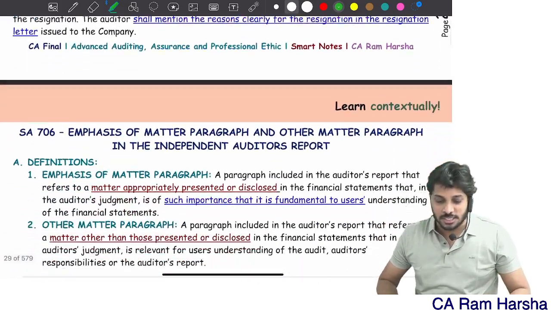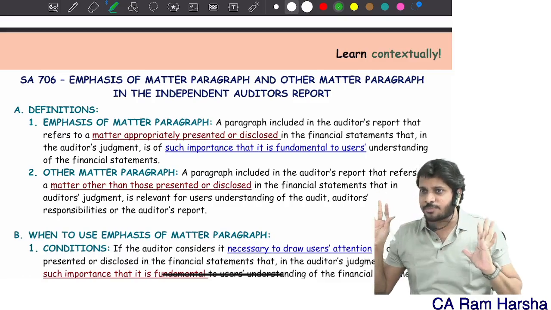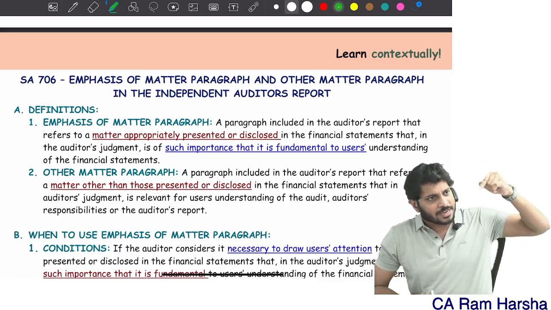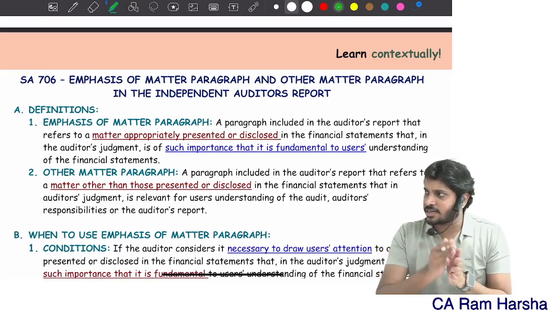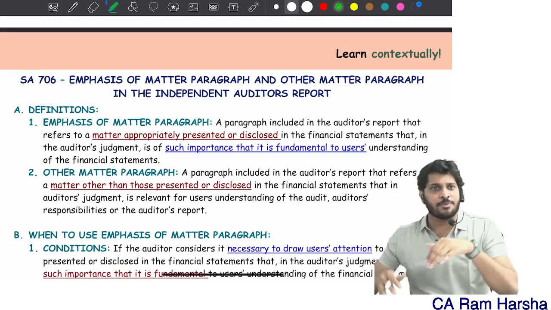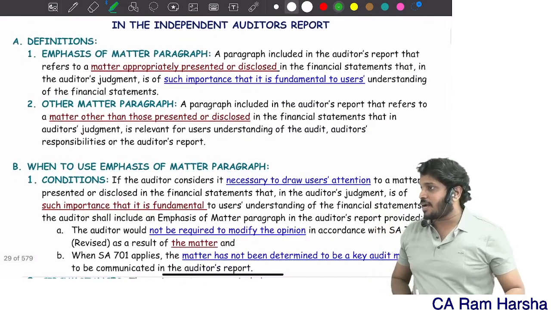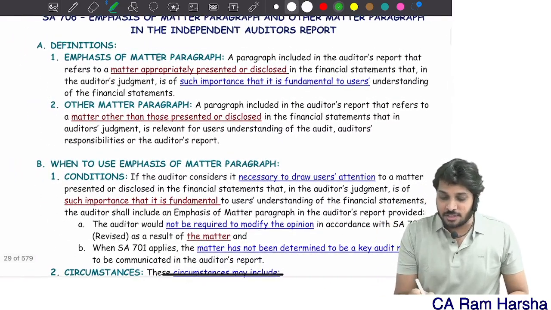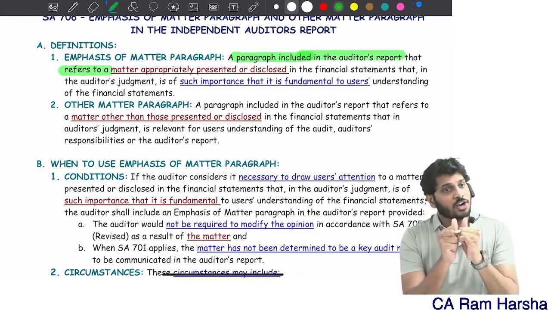Now 706. What is 706? In the independent audit report, we are including the emphasis of matter paragraph and the other matter paragraph. What points does the auditor have to check? Now, what is an emphasis of matter paragraph? It is a paragraph included in the audit report that refers to a matter